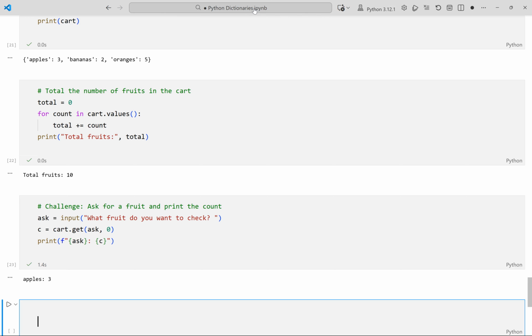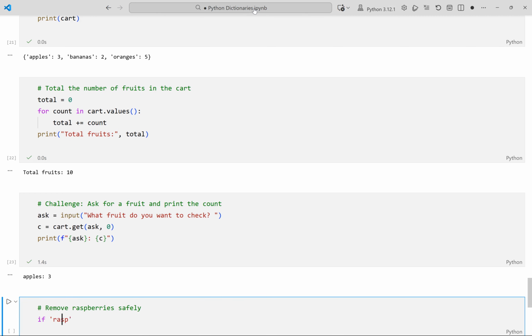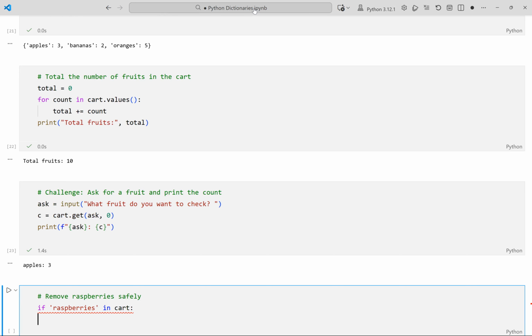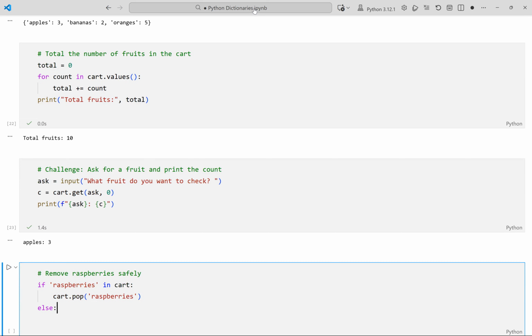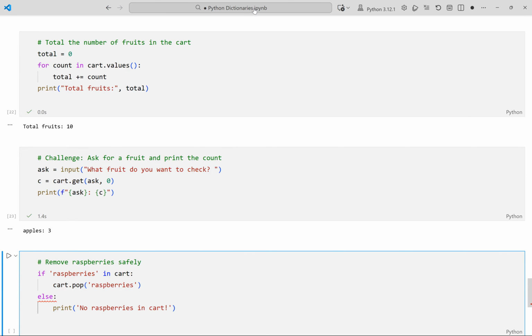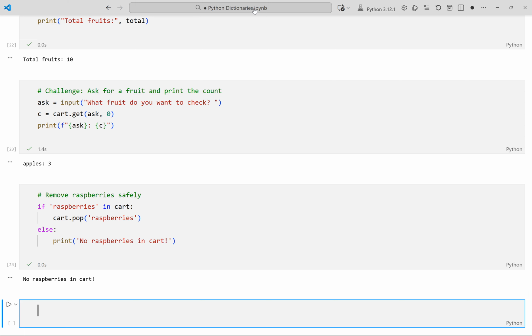Sometimes, we want to remove an item that might not be present. We check if raspberries are in the cart first. If so, we remove them safely. Otherwise, we print a message. Running the cell now. This output shows the code safely checking for the raspberries key before trying to remove it,